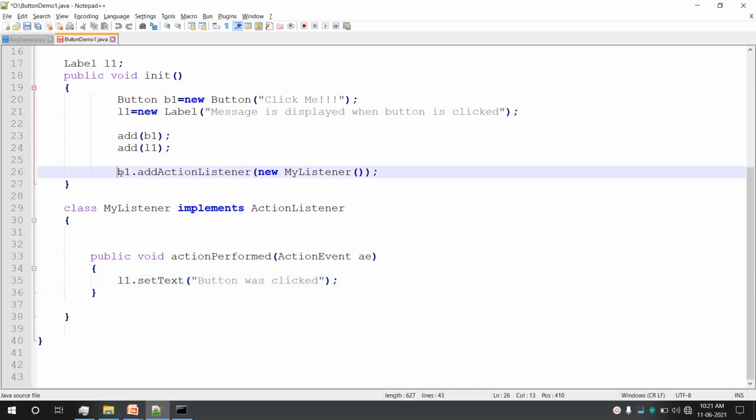And this is the registration of an event with button b1.addActionListener, and we are passing here an object of MyListener, because MyListener is the event handler. To addActionListener method, we have to always pass an event handler object, and that we are passing here.